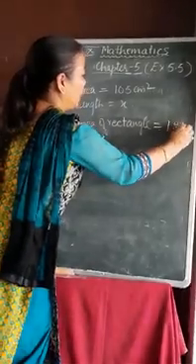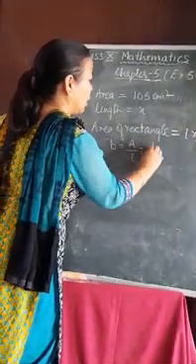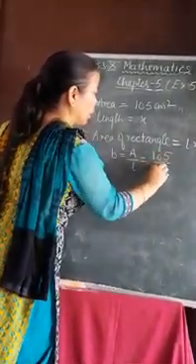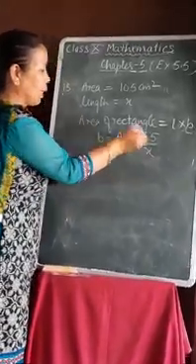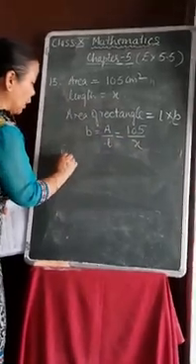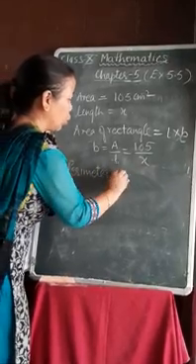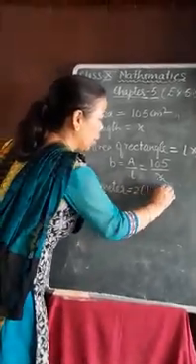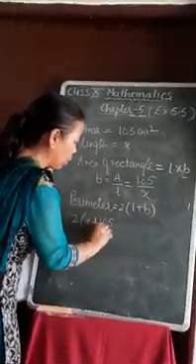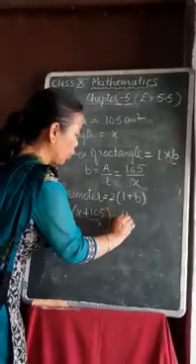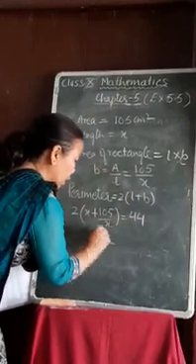length into breadth, or breadth equals area upon length. So area is 105 and length is x. So in terms of x, the value of breadth is 105 upon x. Now here the perimeter of the rectangle is given. So perimeter equals twice of length plus breadth. So this is 2 times x plus 105 upon x equals 44, according to the question. Now we'll take this 2 to the other side and take the LCM over here.